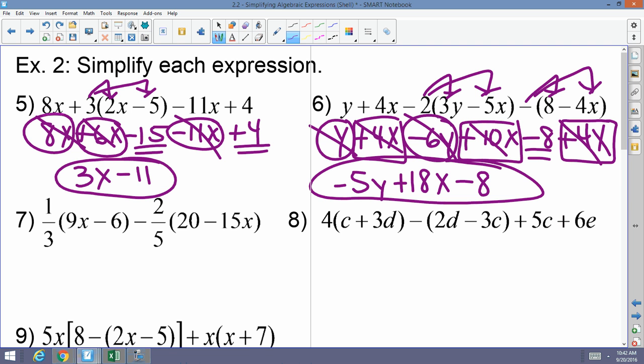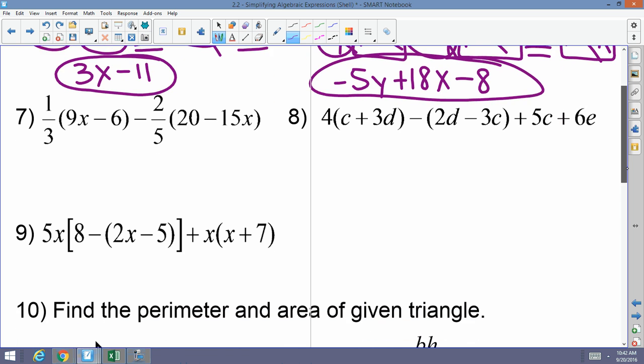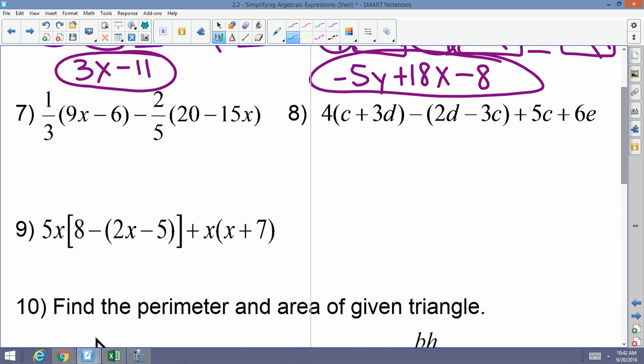All right, number 7. Again, we're going to get a little bit harder and harder, guys. You can handle it. I got to distribute the 1/3. So what's 1/3 times 9x? 3x. What's 1/3 times negative 6? Excellent. Not x, just 2. Then distribute the negative 2/5. Okay, so negative 2/5 times 20. Remember, 2 times 20 is 40. Divided by 5 would be negative 8. And then negative 2/5 times negative 15x. Negative 2 times negative 15 is 30. Divided by 2 is